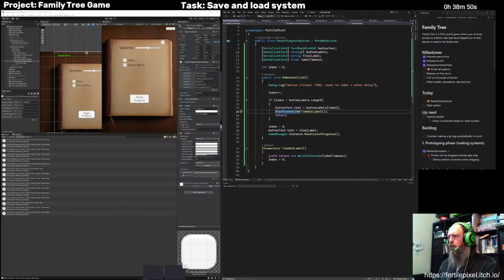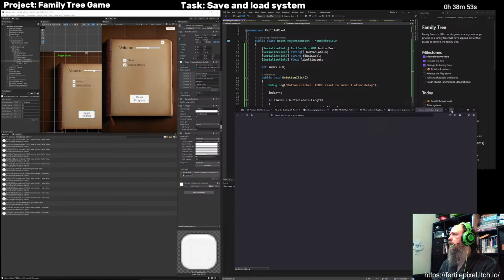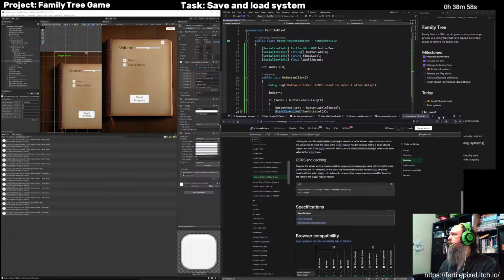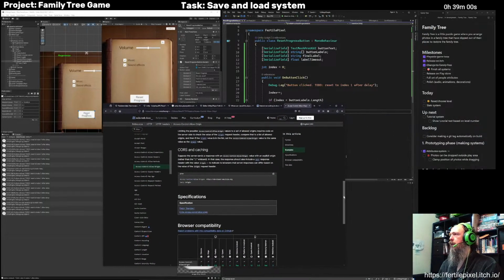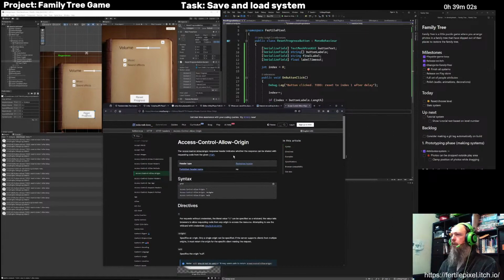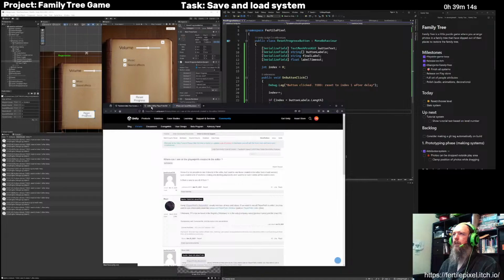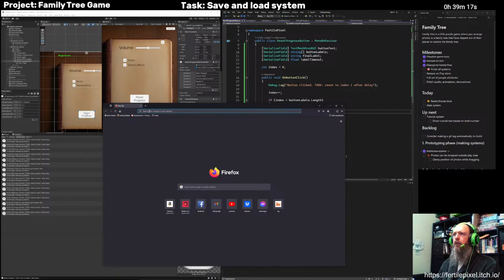Okay. Come on, system, you can do it. Oh, that's something else that I was looking at. Yes, if you've done anything with web stuff, you get cause errors. This is relevant. And I've got a bunch of things open from last time. So let's close all those and we'll grab